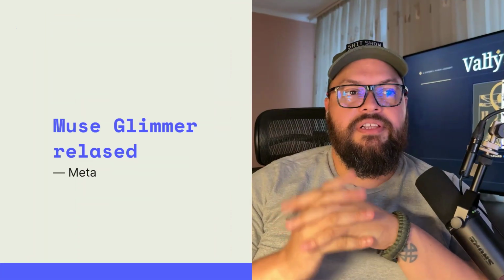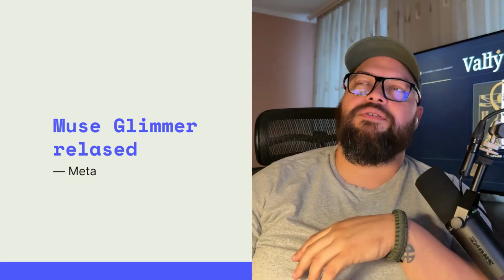So okay, let's jump into news number 3, which is Meta releasing Muse Glimmer. They have such weird names for their models. Better than just calling them numbers like the other labs are doing? I feel like it's even worse because some of these numbers make no sense. But whatever. This is the proof that we as engineers, developers, and scientists just suck at naming things. We're really bad. We should stop. Pay somebody in marketing to do these things, please. But whatever. So Meta released Muse.